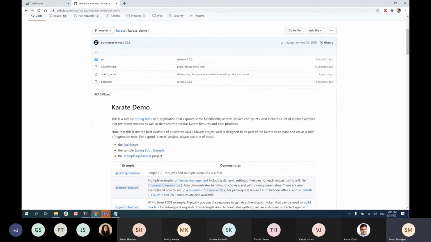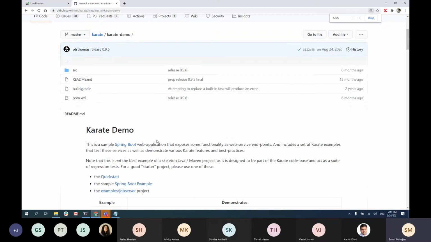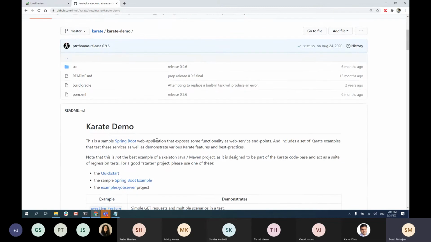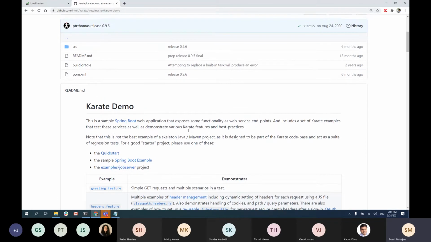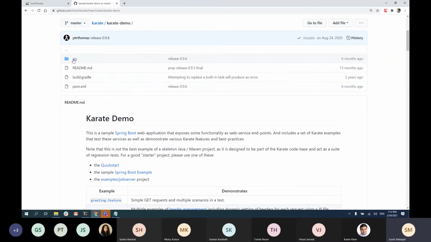All right, so what we have done is we already went through the quick start and then we implemented some basic tests to see how to set up Karate. Today I'll be talking about how to set up the framework and how it should look, and some of the advanced features that have been implemented in this framework. So I'll increase my screen size so that we can take a look and discuss. Can you guys see my screen? Yeah. Okay, good.